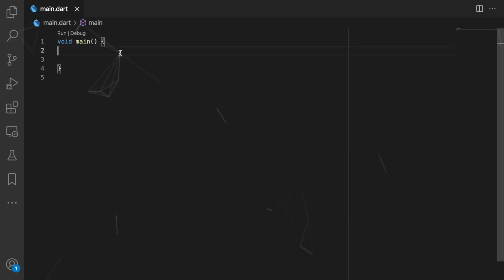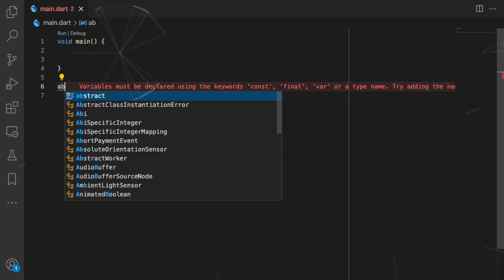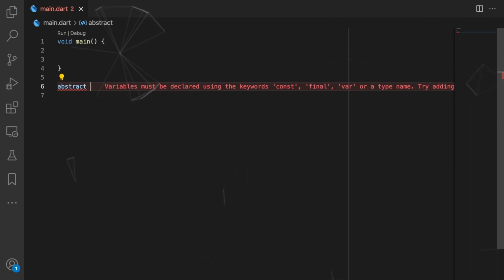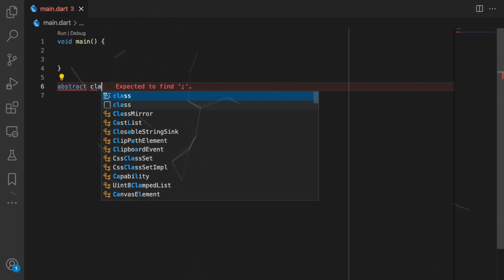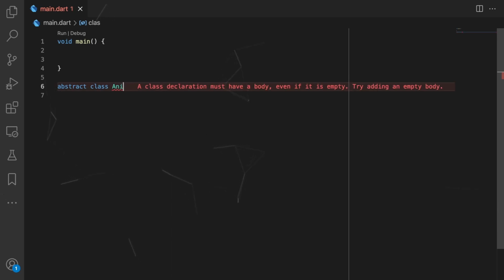Now I know you won't be understanding everything about abstract classes in theory, so let's take an example. So right now I'll simply take an example. So let's declare a new abstract class. To declare an abstract class, you simply use the keyword abstract. Right, with the help of this keyword, Dart interprets that the particular class we'll be writing will be having some abstraction. So for that purpose, I'll simply say abstract class Animals.